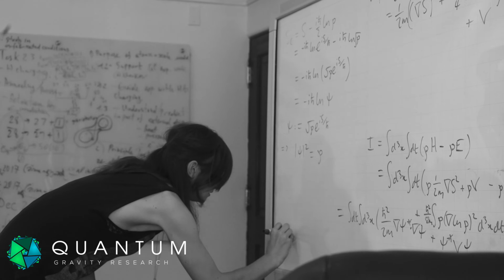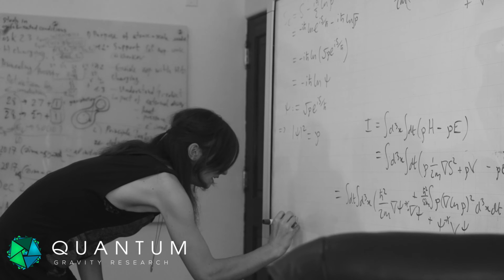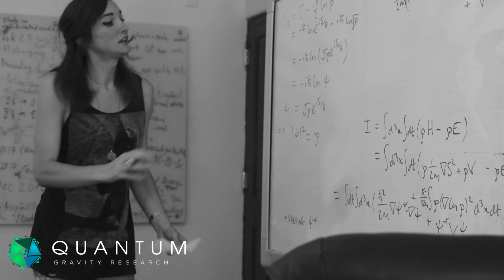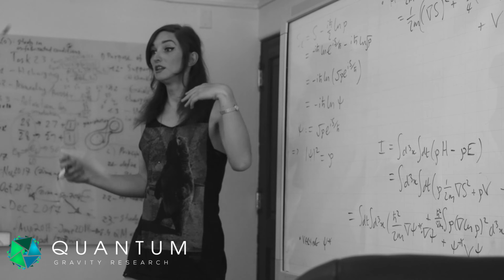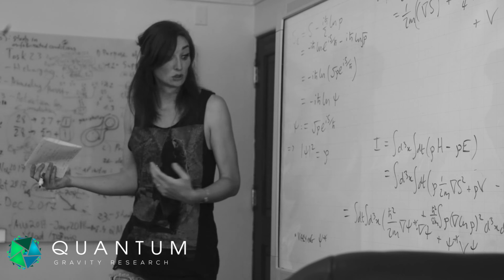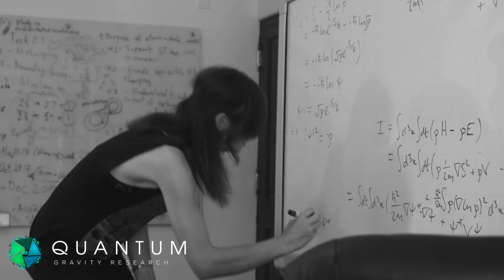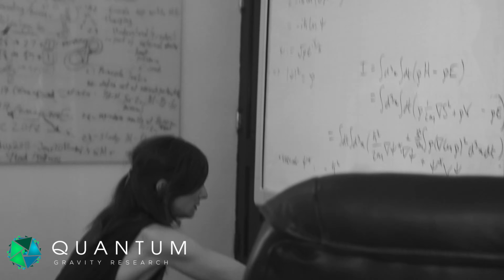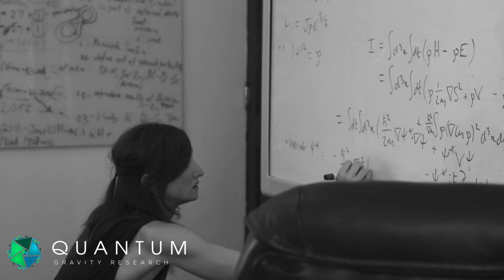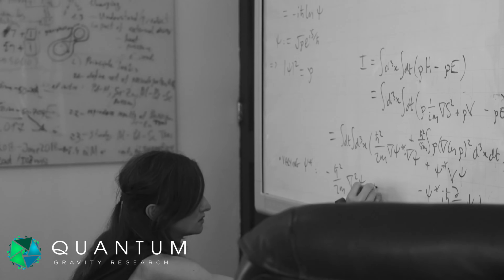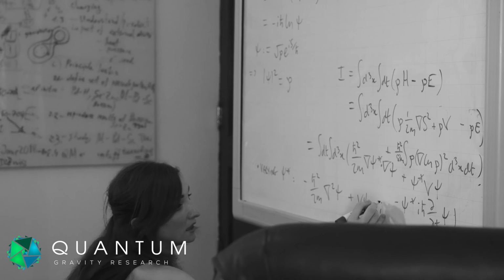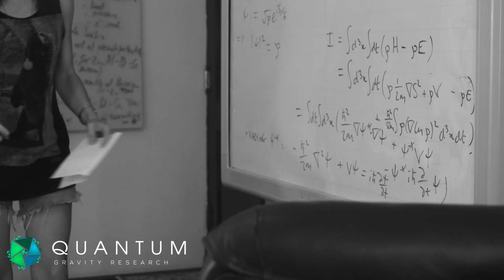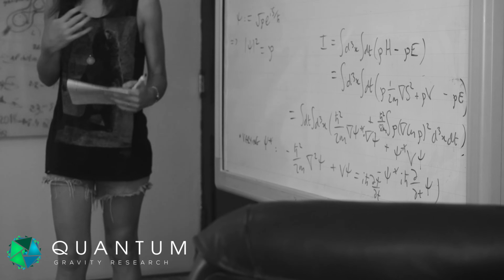So varying. Now that we have a complex variable psi, instead of these two real variables rho and s, instead of having to do two different Euler-Lagrange equations, we can just do one, and we just vary psi star, and it gives you none other than minus h bar squared over 2m del squared psi plus V psi equals i h bar d psi over dt. Okay, so we got the Schrödinger equation.